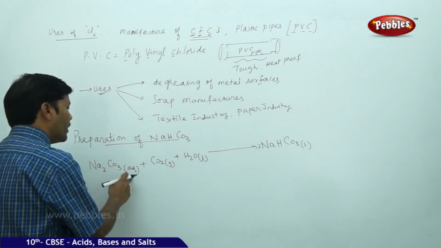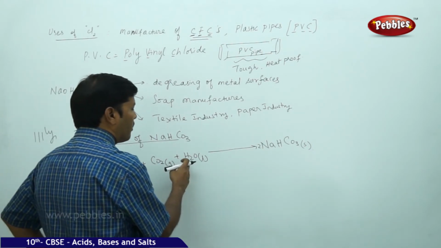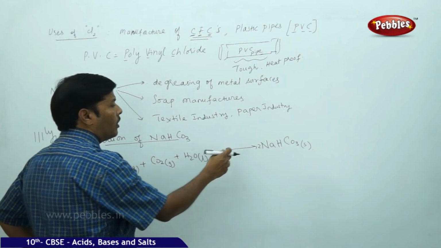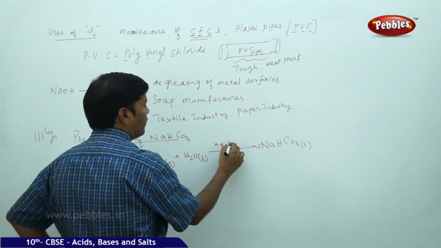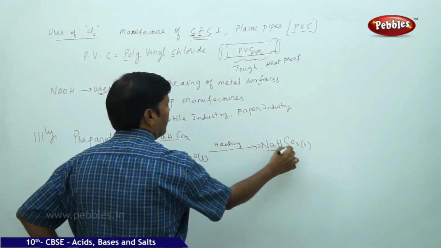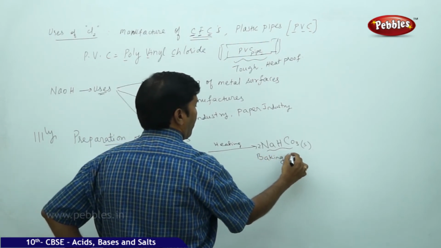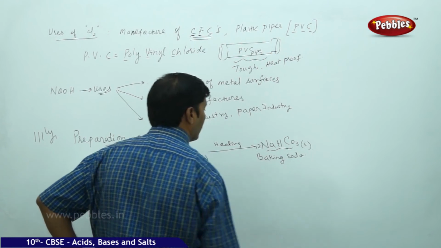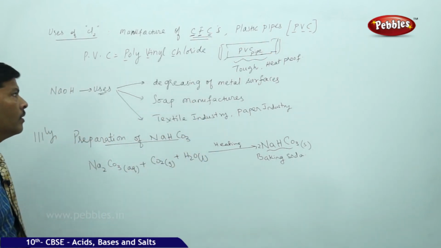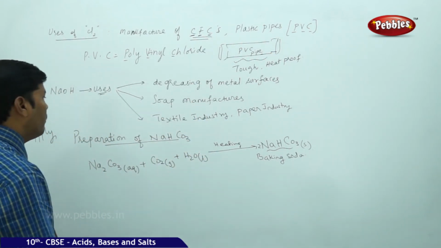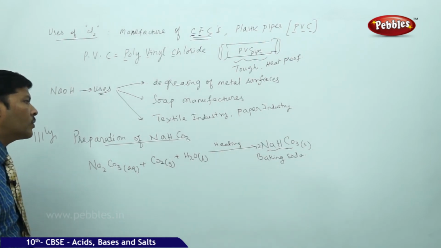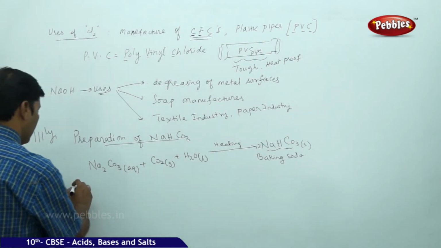That means 1 mole of sodium carbonate reacts with 1 mole of carbon dioxide in the presence of 1 mole of water. Upon heating, you get 1 mole of baking soda. So this is how we try to prepare the baking soda, and this baking soda, it's a good